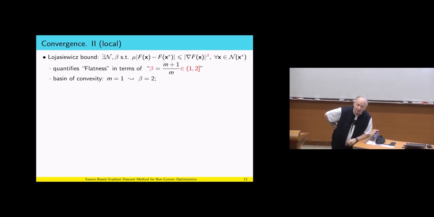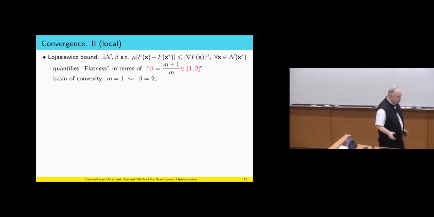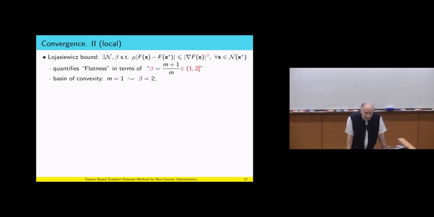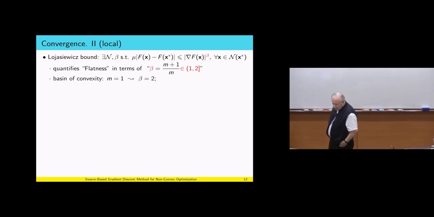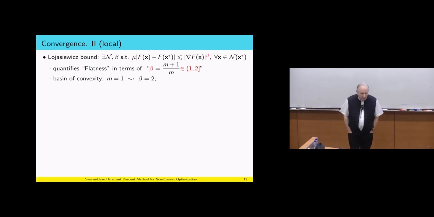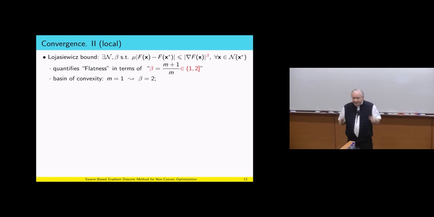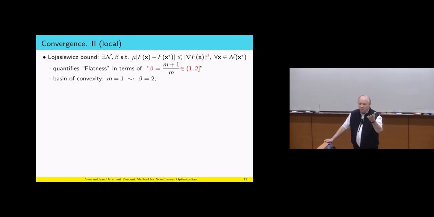What is remarkable, until two years ago, not because of this, because I'm teaching numerical analysis, I never heard about Lojasiewicz. Lojasiewicz, in 1967, came with the following bound. Well, it's not exactly this, but he came with the following bound. This is a fundamental property of analytic functions. It has nothing to do with this. In 1967, it's a fundamental property of analytic functions which basically measures the following statement.